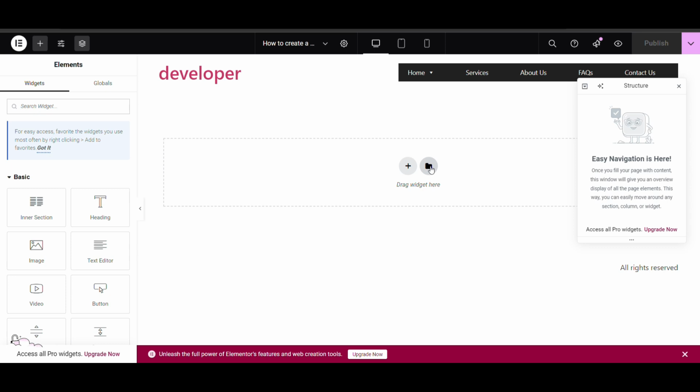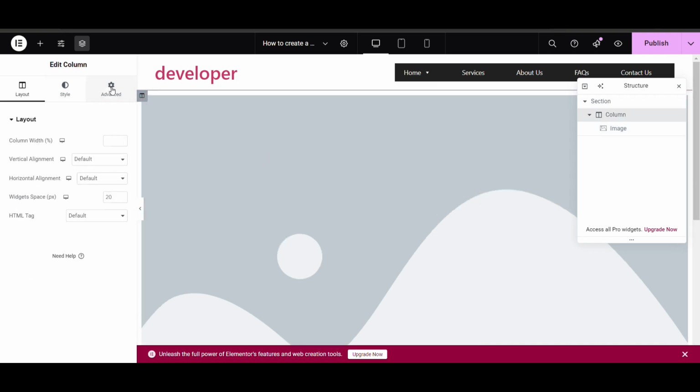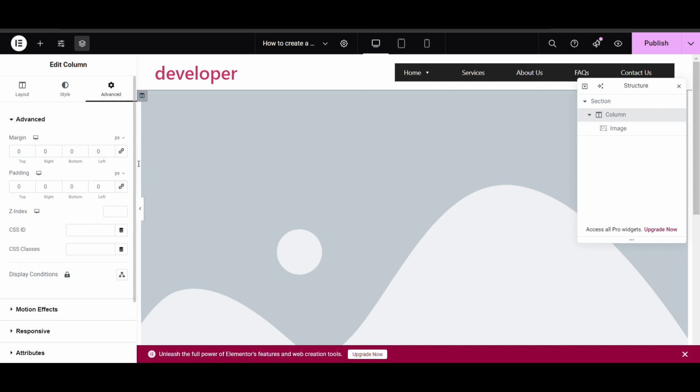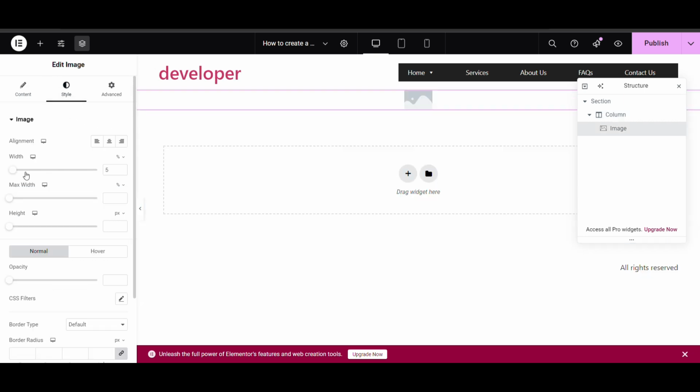Now we will create it. In the first section I want to add an image. I will remove margin and padding and I will set it to full width.